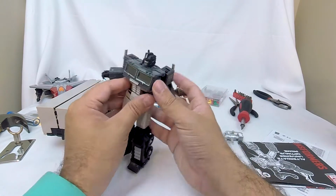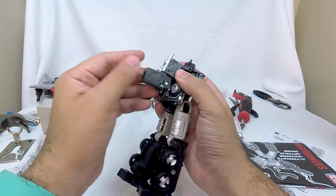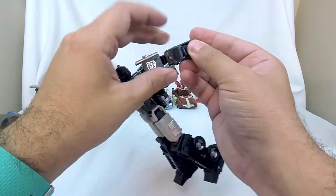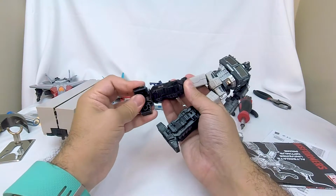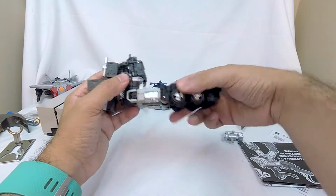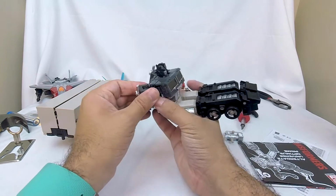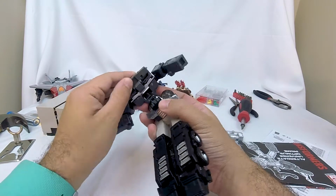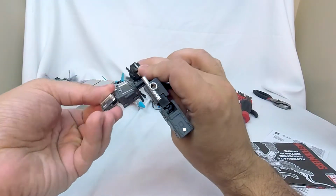So let's go ahead and see if we can transform him without looking at the instructions. This might end up getting cut entirely if I am a complete idiot and can't figure it out. So we'll open up the panels, fold away his hands, come in, let's close. It's going to be an Optimus transformation, right? I'm assuming it's not going to be that surprising. Fold this, fold out his little canisters. Not doing anything else with his legs, I assume. Come in here. We can open up the back. Open up this. Oh, that's kind of different. Open up his chest. So open up, fold out,